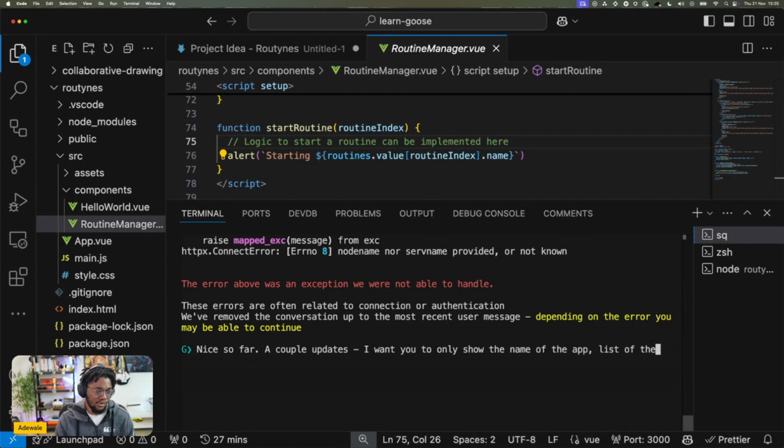A list of the routines I have, with a button at the bottom to create a new routine. And then should we pop up a modal? I think if I have to pop up a modal, that's probably going to take it somewhere else. But like, and then